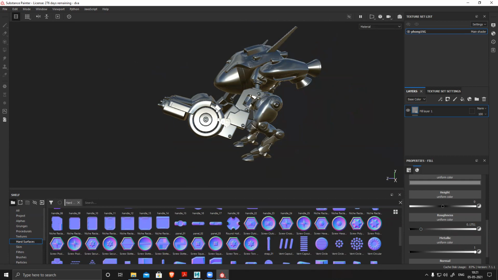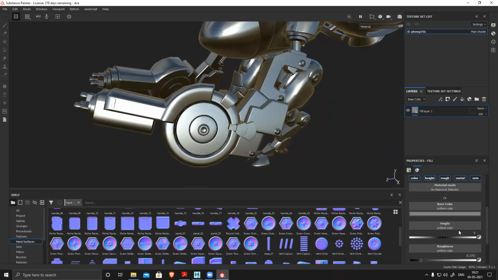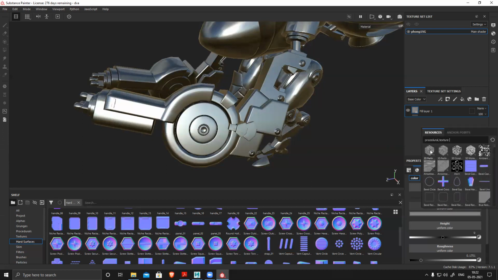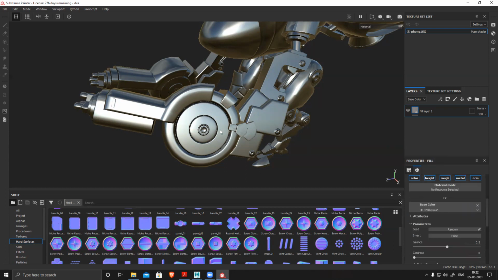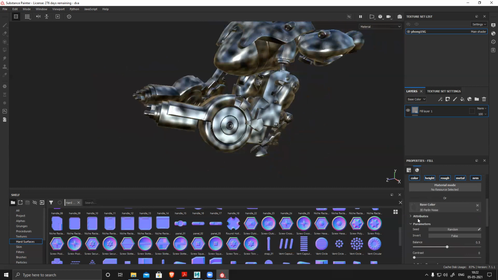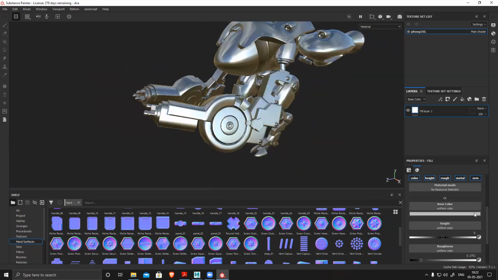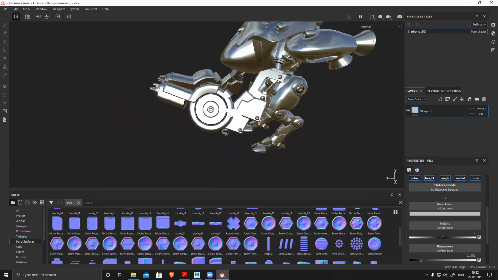No need to define more. Yes, if you want to add some noise or grain to your metal, that is something you can do directly here. Suppose your metal has some noise. If I want to add, I can definitely go and add any of the noise. You can see it creates this cloudy effect. I can increase, decrease, and reduce it, or I can just simply keep it simple.